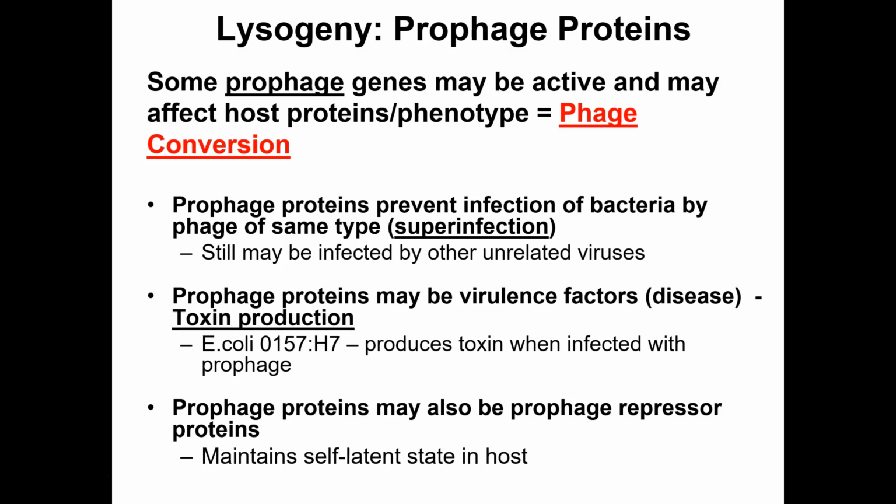Another fun thing to think about with prophages. Okay, this is a virus that's gone dormant. It's a part of your DNA. How dormant is it? Right, it's got genes. Are all the genes turned off? Typically, no. Some of them are left on. And those that are left on alter your phenotype. They alter your behavior, your traits. Subtly, but they do. So, this is what we call phage conversion. The prophage alters the phenotype of the host cell.